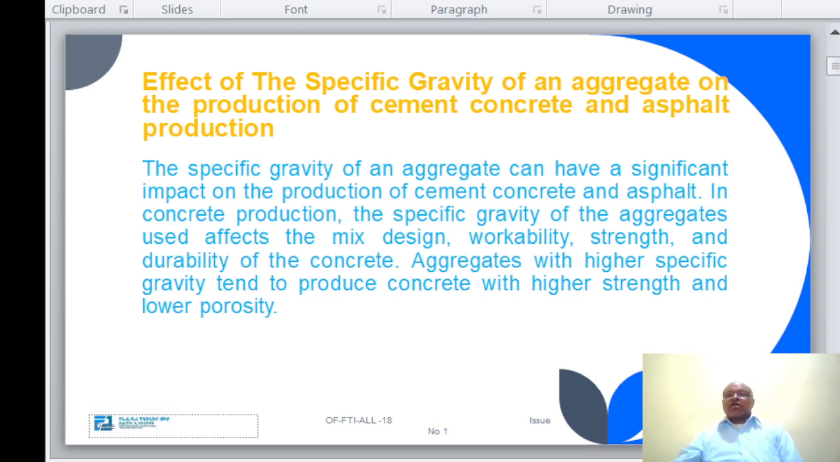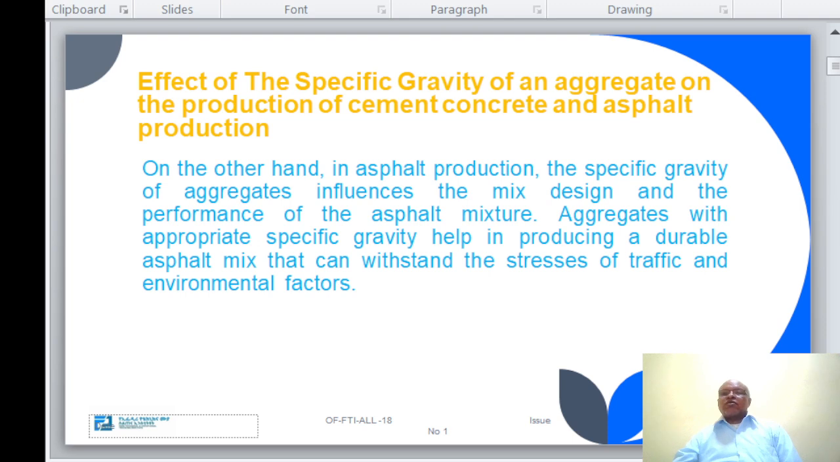the final product. On the other hand, aggregate with lower specific gravity may create lighter concrete with reduced strength. Therefore, selecting the right type of aggregate with an appropriate specific gravity is crucial for achieving the desired strength and performance